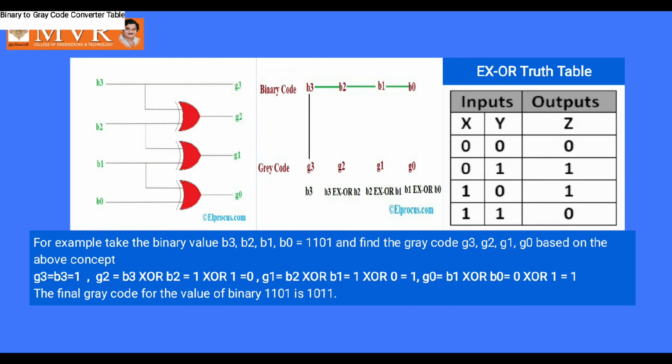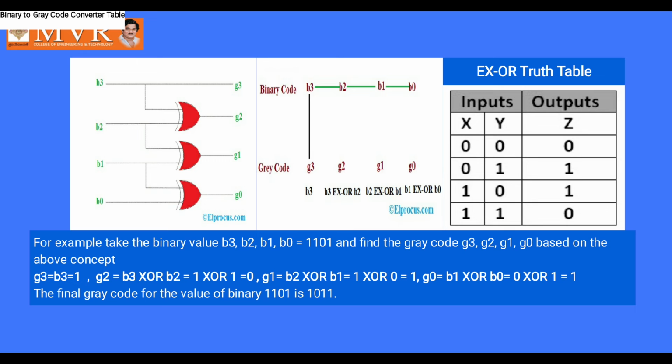See, this slide is giving you a diagram with 3 gates. You know what those 3 gates are? Those 3 gates are XOR gates. The values shown there as B0, B1, B2, B3 are the binary values as inputs. And on the output side of the XOR gates are given G0, G1, G2, G3, which stand for grey code.